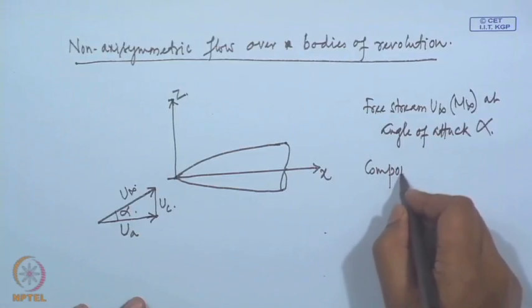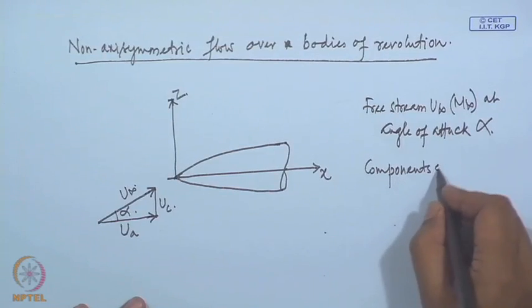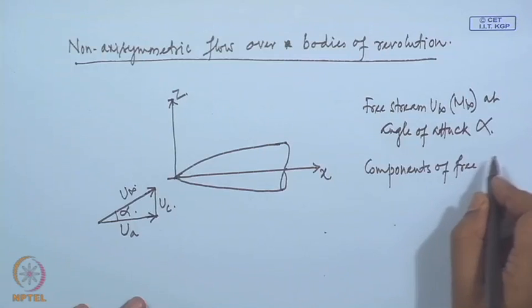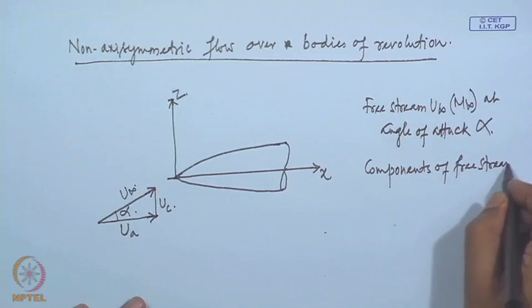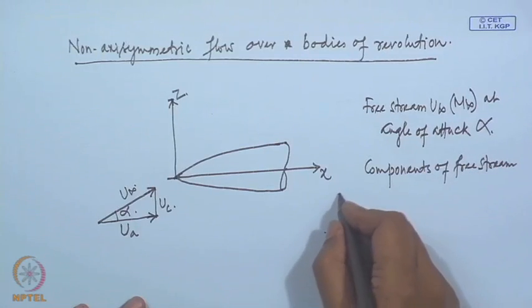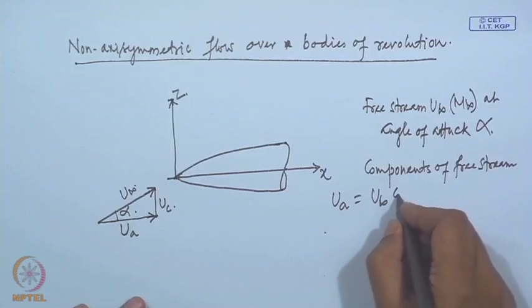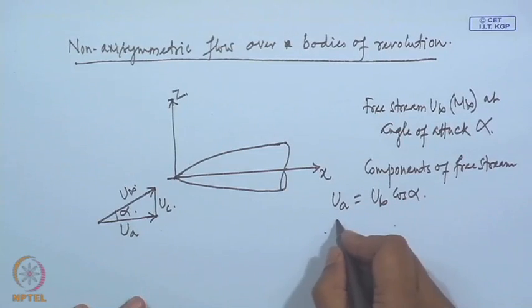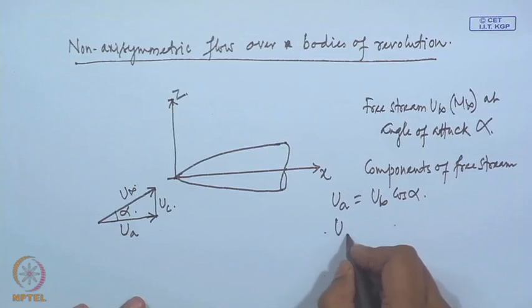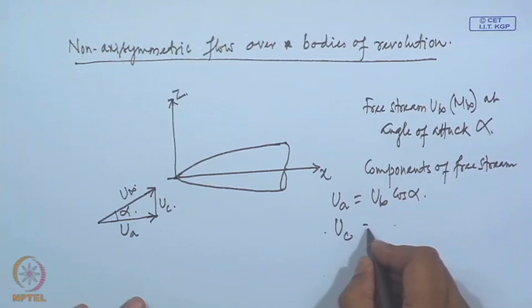Now, free stream has two components. The axial component u a is u infinity cos alpha, and the cross flow component